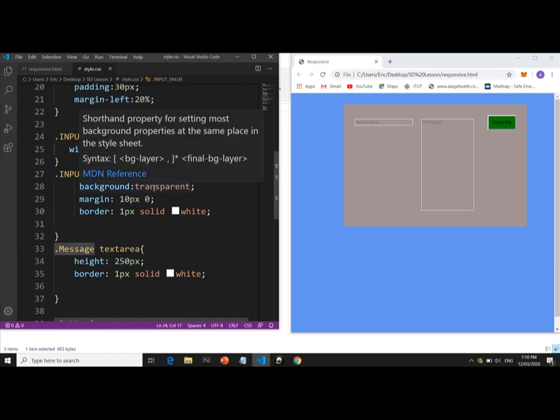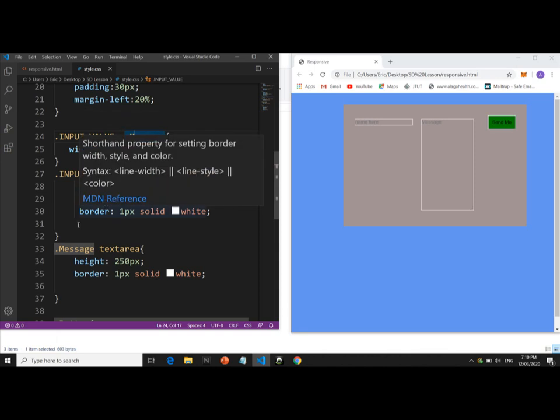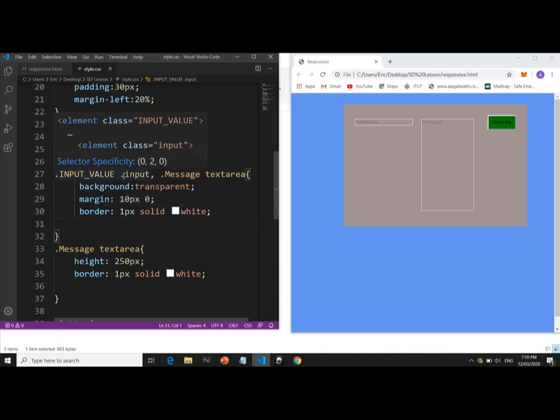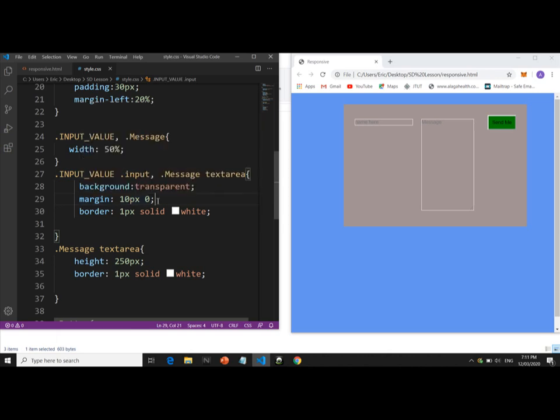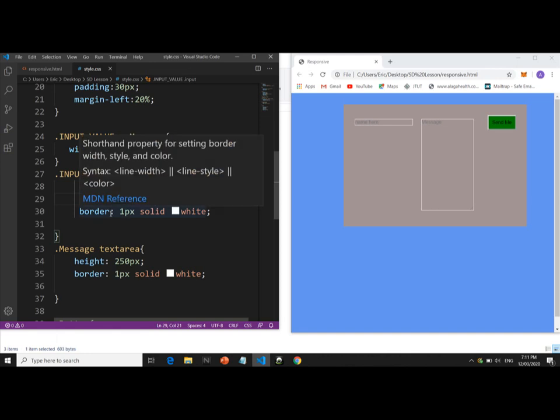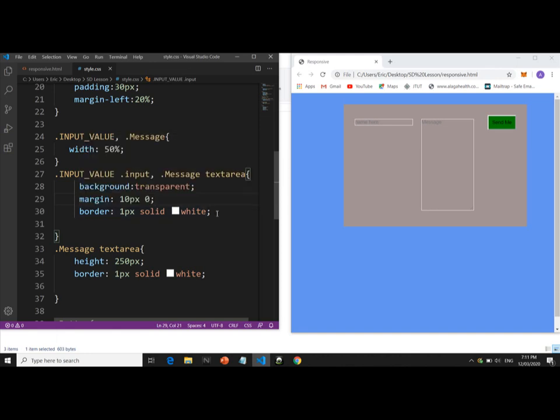You got also here the input value of your text, then your class input with your message and text area to be, let's say, transparent. You could set the margin to 10 pixel as the top and bottom, and 0 for the right and left. For the border I could set it to white,